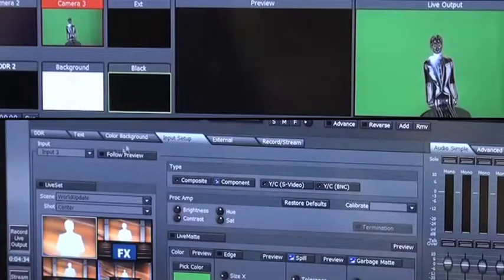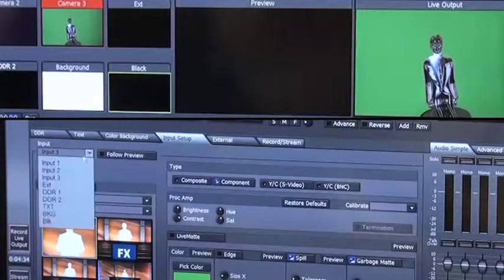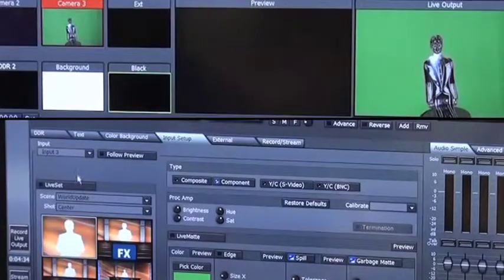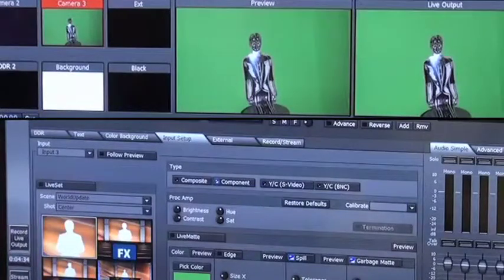Now the Input Setup tab is the 4th tab on the bottom row here, where you're able to choose the input that you want to change. There's up to 3 inputs as well as the DDR text. They're all the inputs that are also on your live bus, and you're able to choose the input. I'm using camera 3's cord, so you see camera 3, which means input 3. When I choose 3, I also want to have 3 on preview, 3 on line, 3 on the effects row, so I'm able to chroma key out